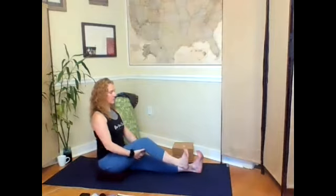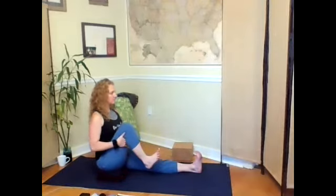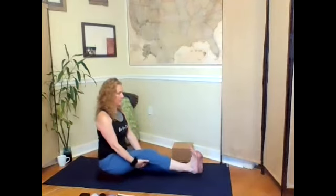Exhale, slowly press that right foot away from you. So inhale, draw the knee towards you, sit up tall. Exhale, press the foot away. So like you're resisting a heavy weight. Exhale, press. Let's take 2 more. Inhale, pull the shoulders back, and then exhale to press. Last one. Inhale